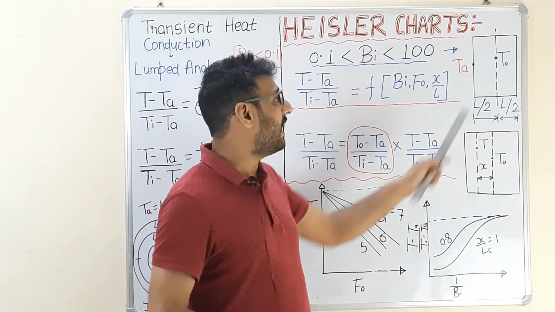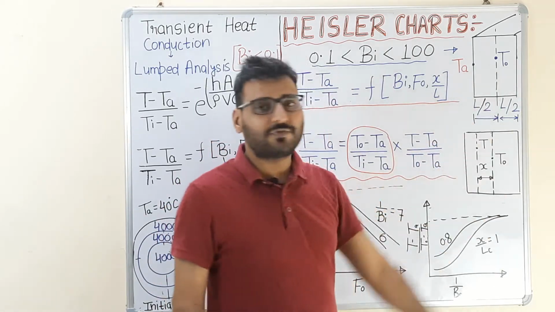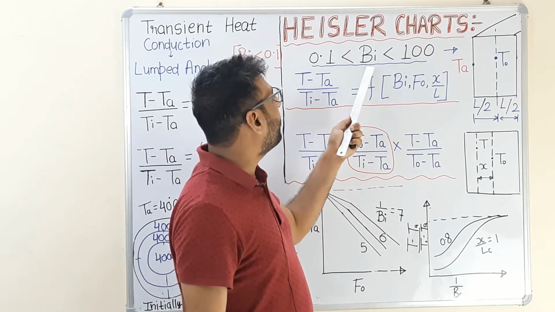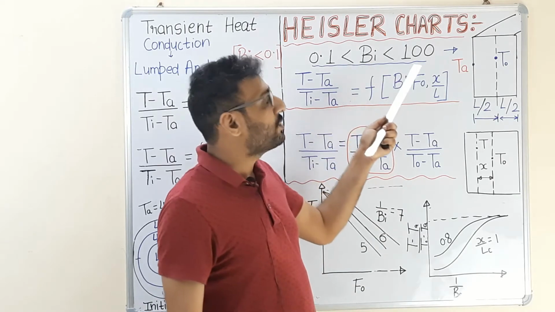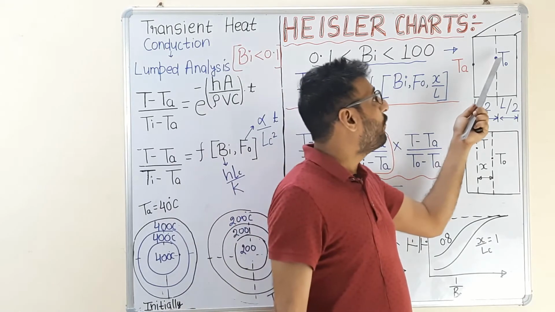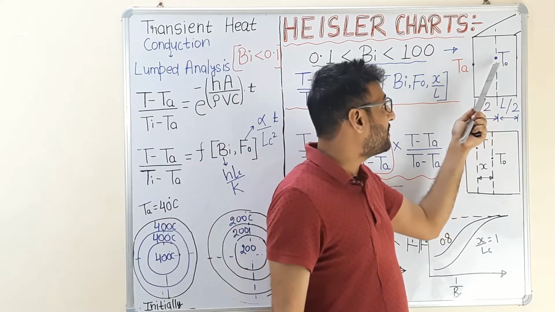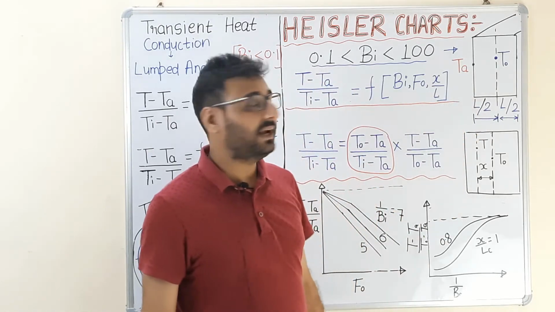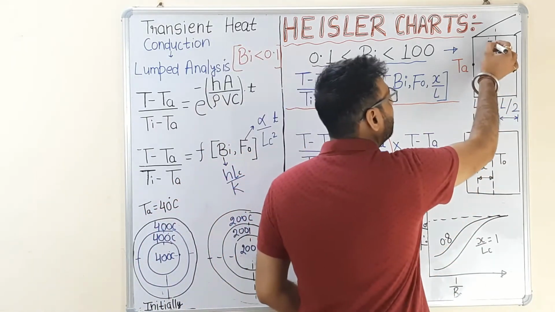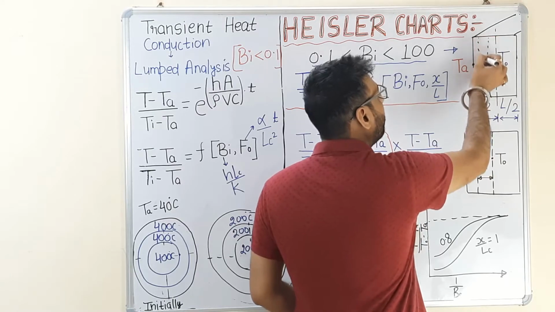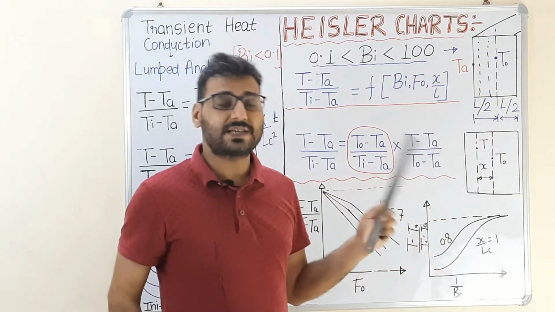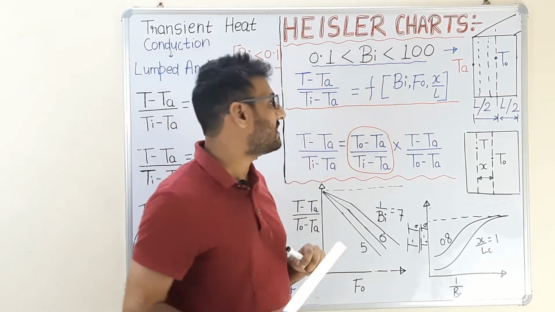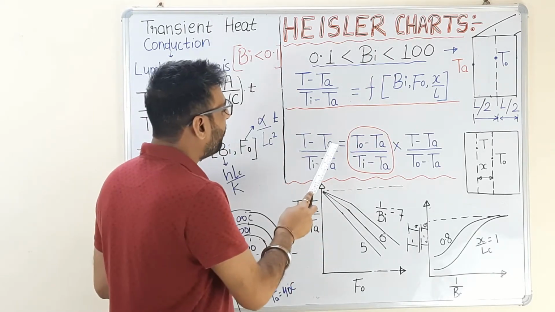Now, consider a plate. So we are showing the thickness of the plate. The statement that Biot number varies between 0.1 and 100 shows that there is a variation of temperature from the center to the surface of the plate. So at different locations in the plate, temperature may also vary with space. If we want to solve this type of problem, we need to use the Hassler chart.